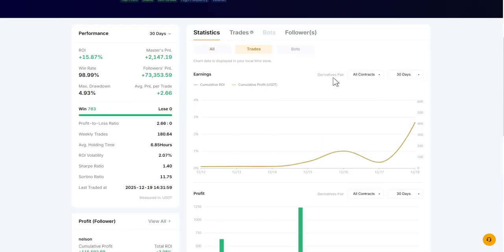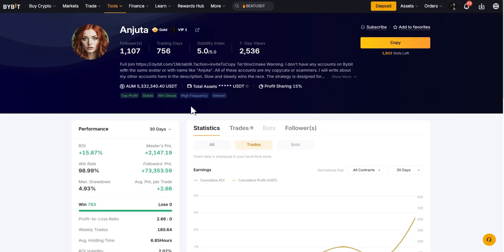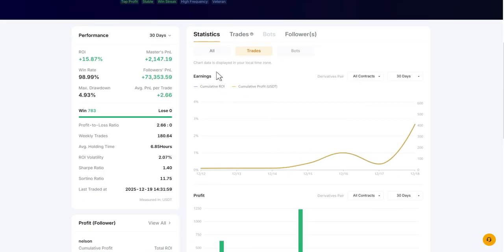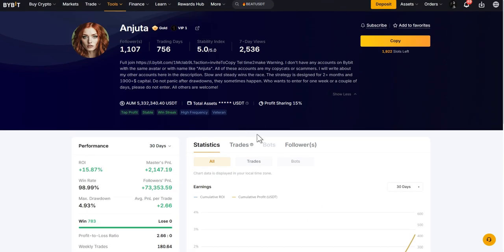Token preferences, focus on traders who mainly trade major coins like Bitcoin and Ethereum. Low cap altcoins are way higher risk and can move against you very quickly. Trader description, some traders actually explain their strategy here, which can give you good insight into how they trade. Take your time here and check carefully the statistics and what kind of trader you're copying, since you're trusting this